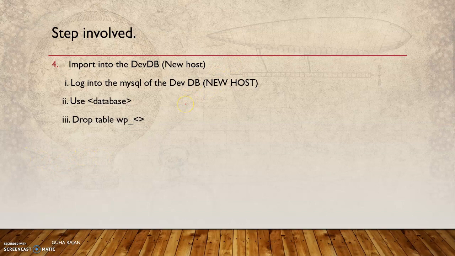I think there are about 10 to 12 tables which are created automatically while installing WordPress. All these tables need to be dropped. So drop table wp_, one after the other you drop it. So the table gets dropped, and post that